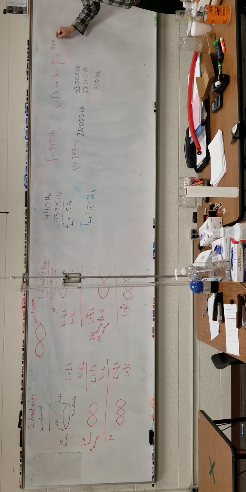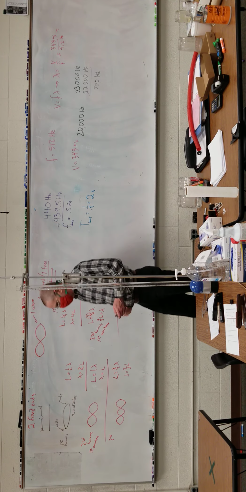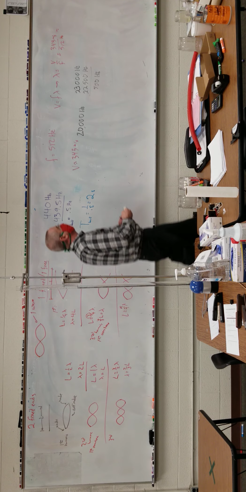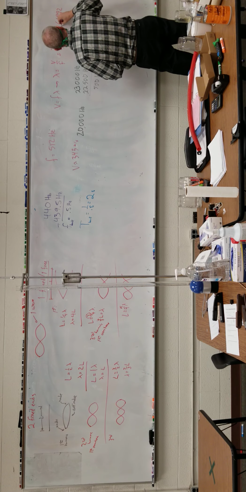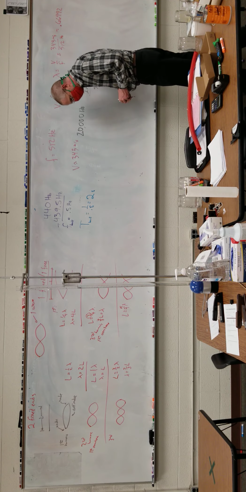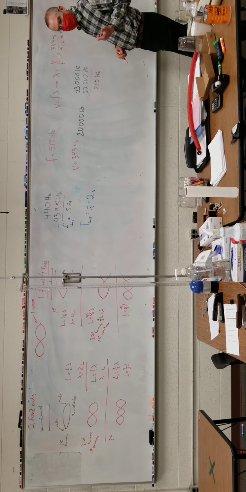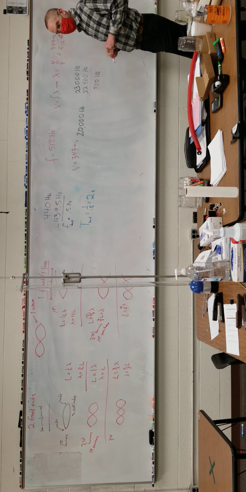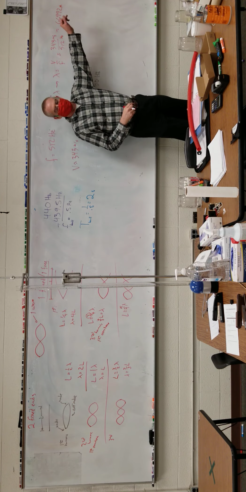So 343 divided by 512. That's meters per second over hertz. And what is the wavelength? That's 0.66992. 0.66992 units? No, not for wavelength. Meters? Yep, meters. The hertz, basically, hertz is a 1 over seconds, and so that 1